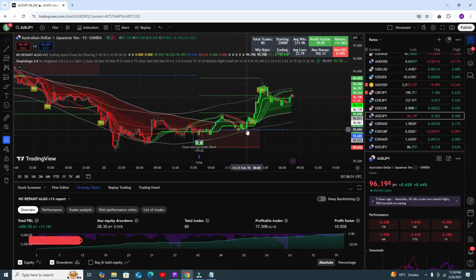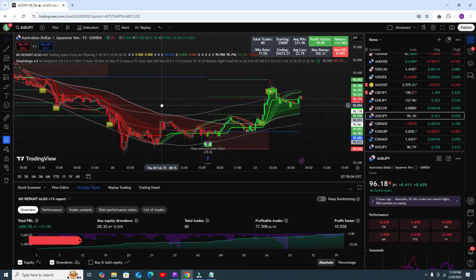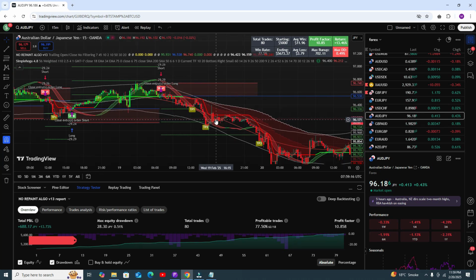So let's discuss this one. This is actually a very simple strategy. When you get the signal, you need to book the profit when you get TP1. That's simple. And just make sure the candle is not touching the upper band line. When the candle touches the upper band line and you get the buy signal, that is not a profitable signal. This is very similar to the MT4 system, but slightly different.